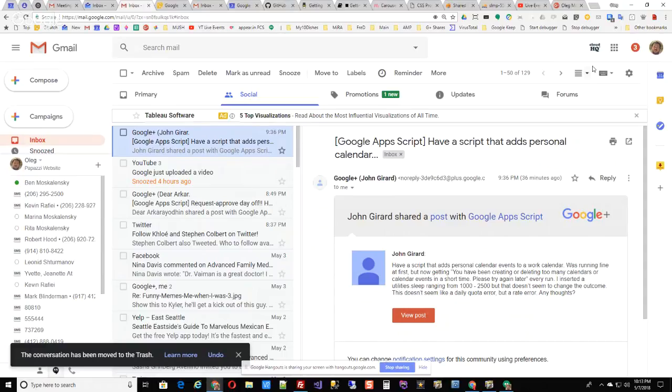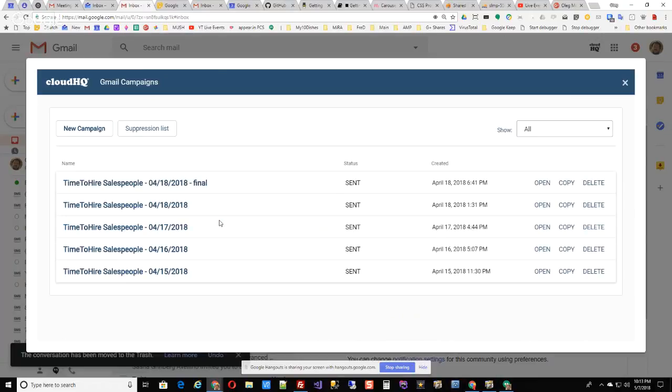there's a company called Cloud HQ. As you can see, there's their logo right here, and they make some really interesting and useful Gmail add-ons. And one of them is called, let me just click on campaigns here so you can see it. It's called, they call it MailKing, I think, yeah, MailKing. And so what happens is it comes up with this thing, and you can click on New Campaign, for example,